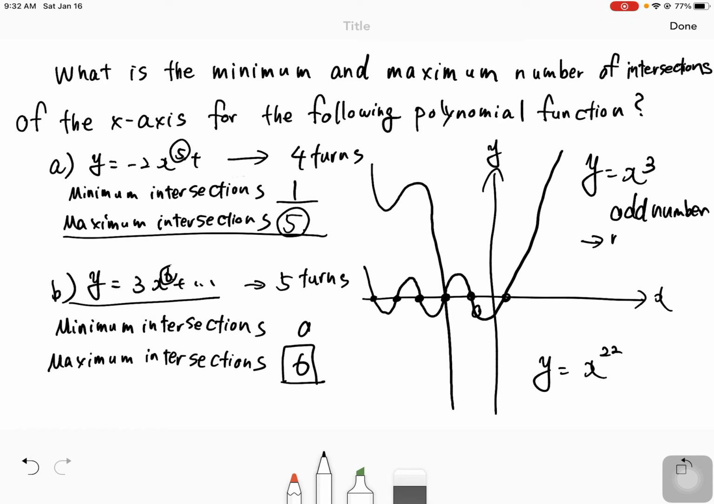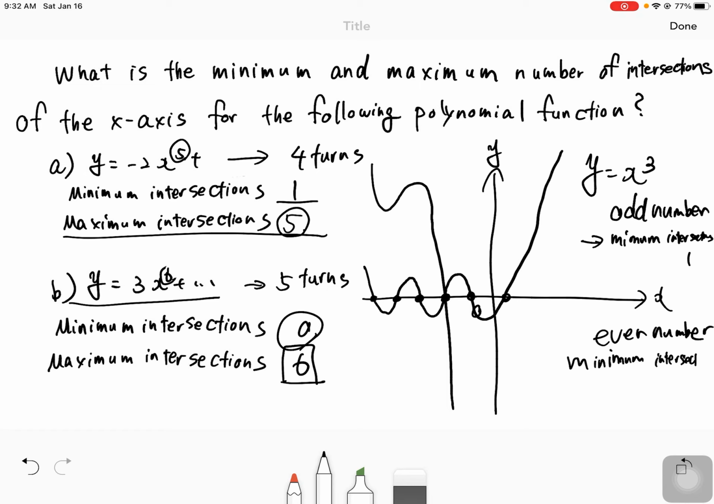So the minimum intersection is 1. But on the other hand, if the degree is an even number, like 2, 4, 6, 8, 10, the minimum intersections is 0. You can try, you can just briefly sketch, then you can make sure that